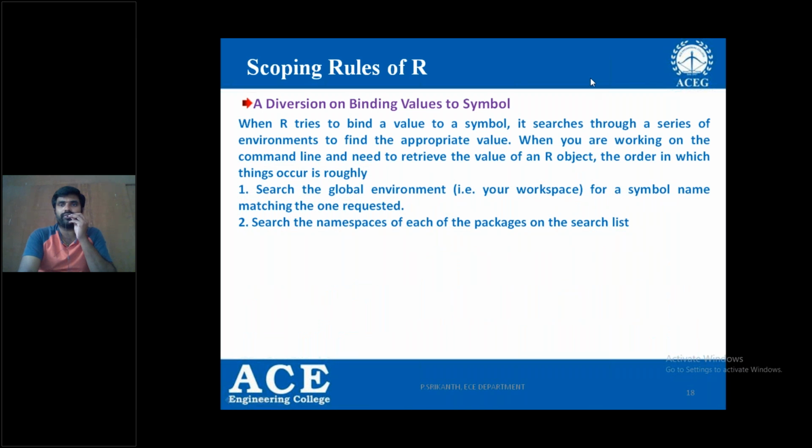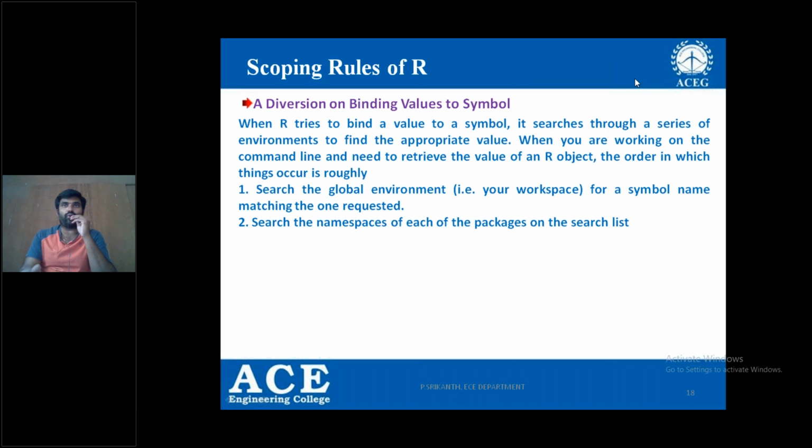Another one is scoping rules. Scoping rules in the sense that, for example, I'm defining variables, and in defining and calling the variables, you need to follow the order. For example, X is a variable defined twice in the program, but one is defined globally and one is defined in the package. There, the compiler is going to follow the order. And the variable will have scope, the same way you have studied in the C language.